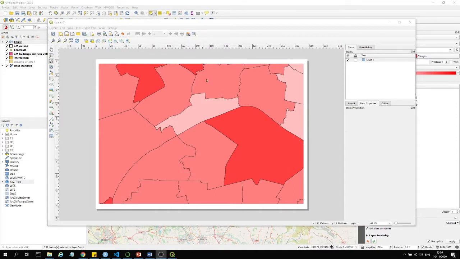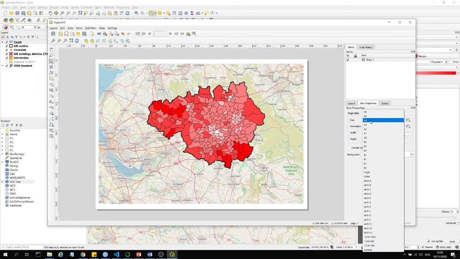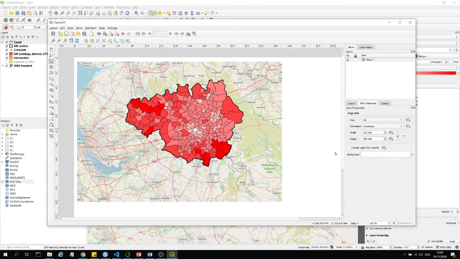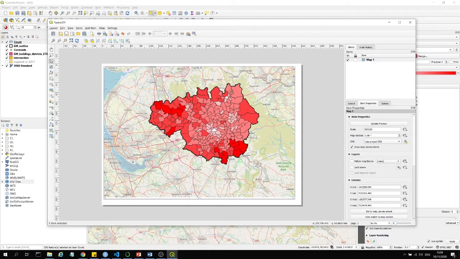So let's say we want to change the size of the page. All we have to do is just click on the page, right click, go on page properties, and then we can see here they have different page dimensions that we can use. So I can use the A3 for now, and I can rescale this page. By clicking on the page and going on the item property, I can use